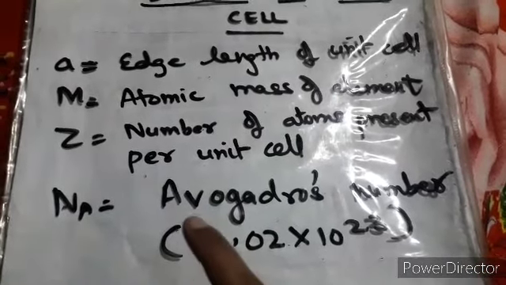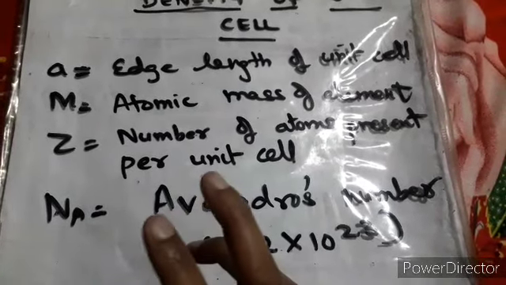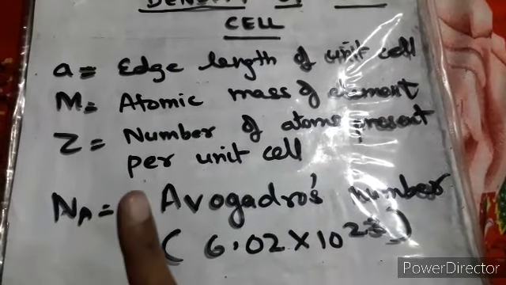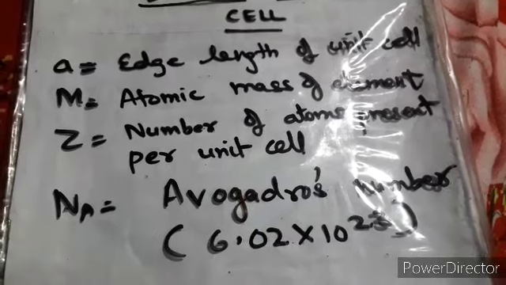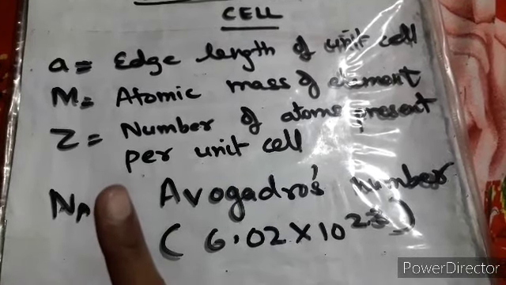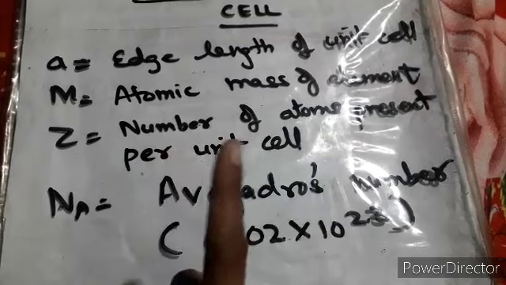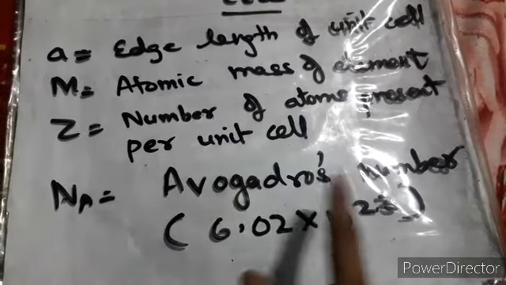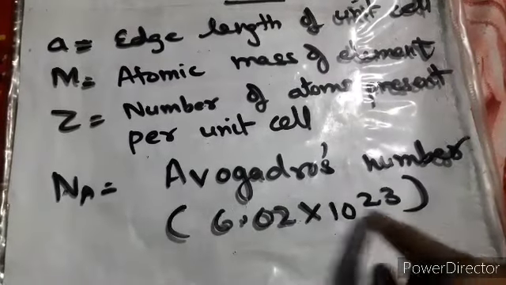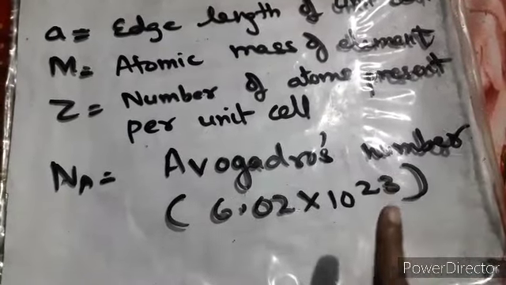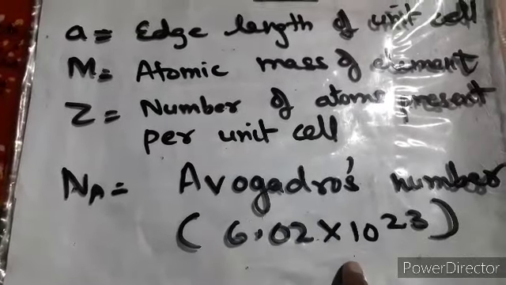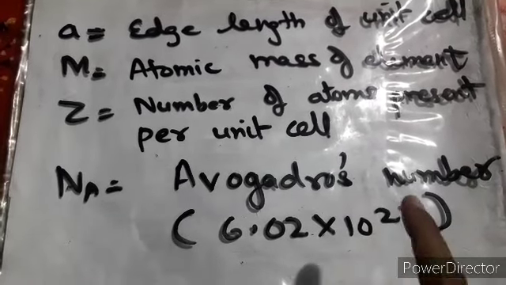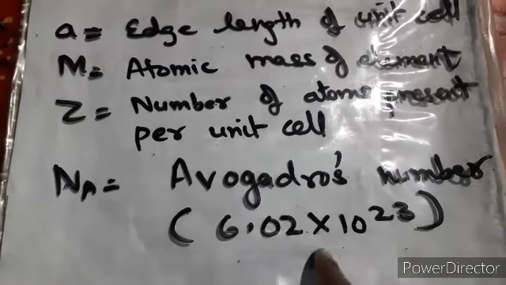When you see your numerical, please see the specific word that is written. If SCC is written, you will write 1 for Z. If BCC is given to you, you will write 2 for it. If FCC has been given to you, then you write 4. SCC is 1, BCC is 2. Now in case of Avogadro's number, I have written the value, but please see the question paper also. This is being changed, and in the front of your question paper the value is always given to you. So when you are starting your numerical, focus on it, right?